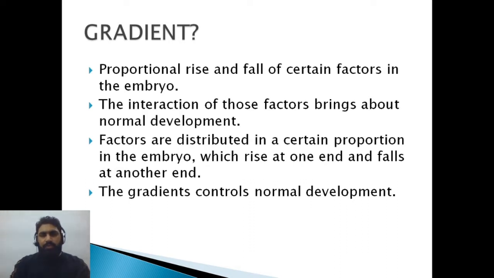So if we are looking into an embryo, the development of that embryo into the full organism is controlled by certain chemicals. Those chemicals can be called factors. The distribution of these factors will be high in some regions and less in another region. In this manner, you can call it a gradient. These chemicals or factors are actually proteins. The distribution of these chemicals is responsible for the development of that embryo into the full organism, or the development of various structures in that embryo.